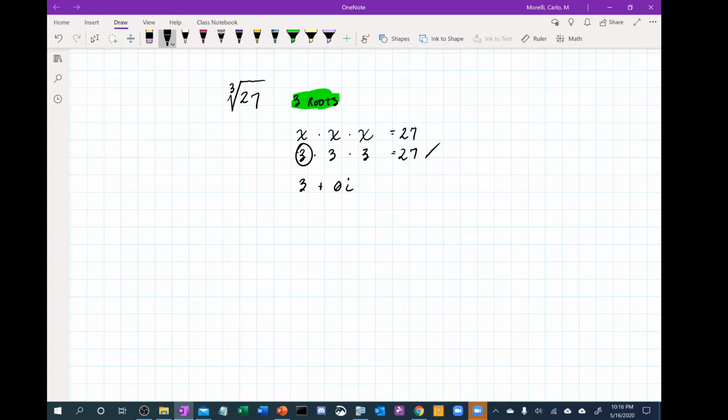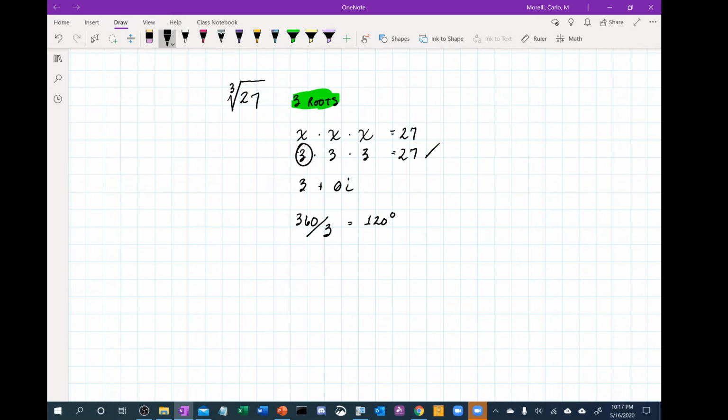There have to be 2 other roots that include some complex i, okay? And so how are we going to figure that out? Well, I'm glad you asked. So, first of all, we can identify the degree of these roots by taking 360 and dividing by 3. 360 divided by 3 is 120 degrees. And so what that means, ladies and gentlemen, is that each root is offset by a rotation of 120 degrees